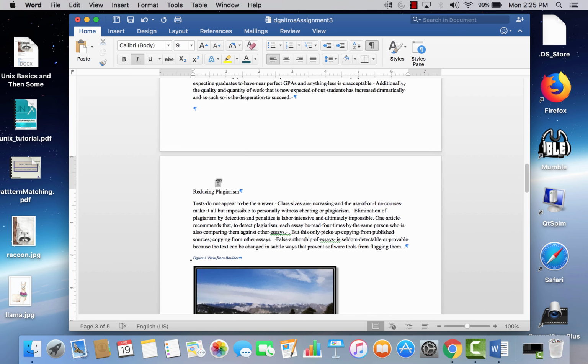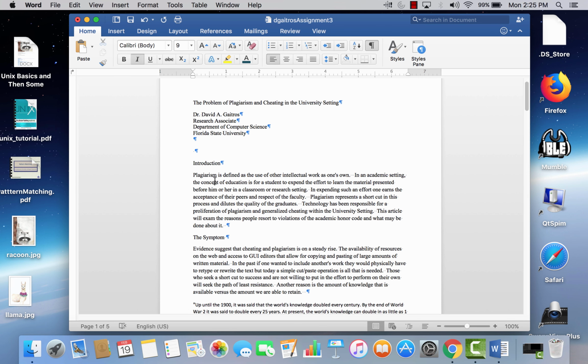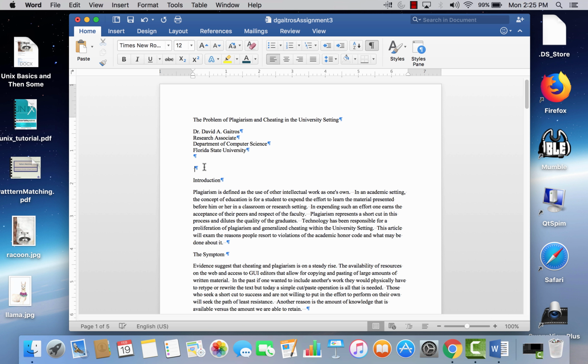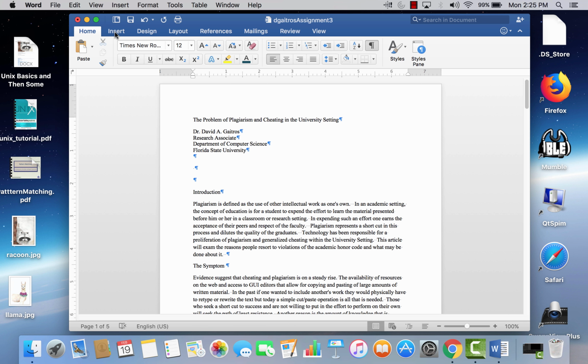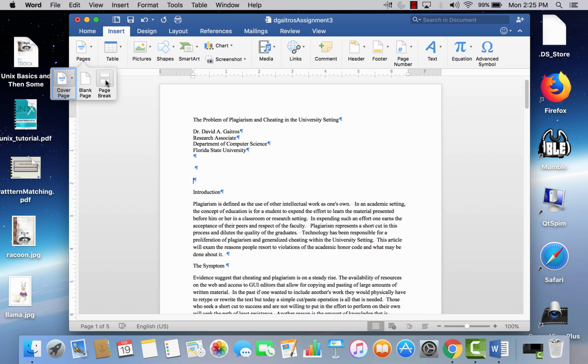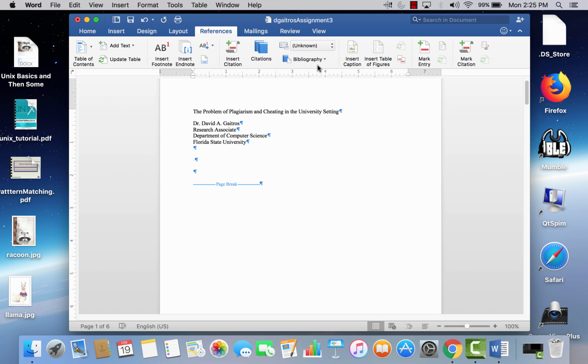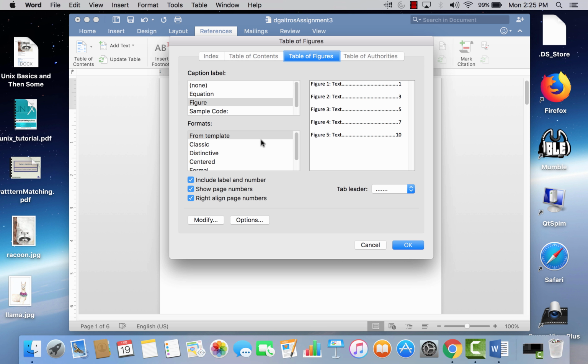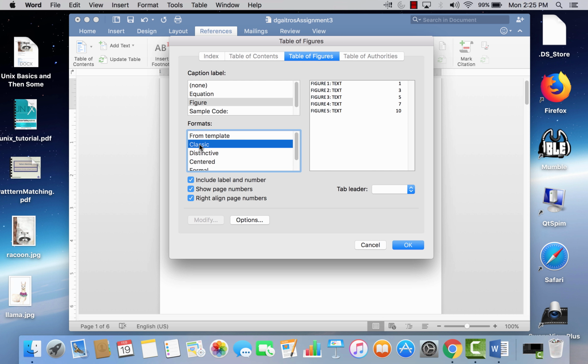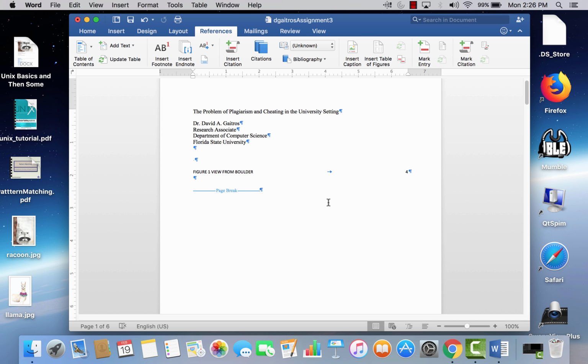But here's what's interesting. We've seen on previous that we put in an automated table of contents. I'm going to insert a page break here. Page break. And I'm going to go to references, and you'll see right here is table of figures, along with insert caption. And what do you want it to look like? Well, there's a classic style right here, so we're going to do it like that. Include label numbers, show page numbers. We'll say okay,